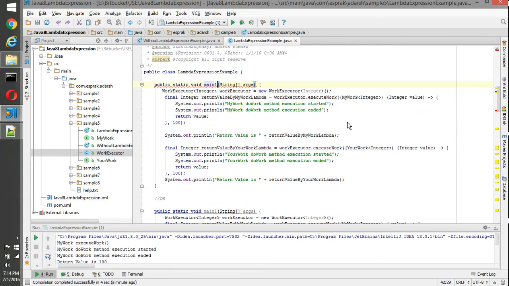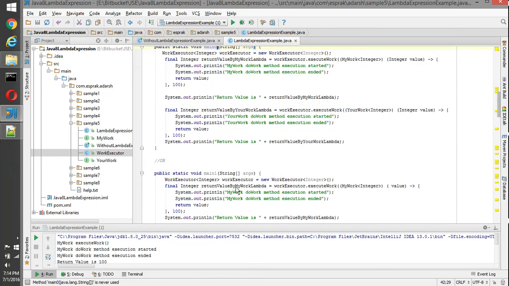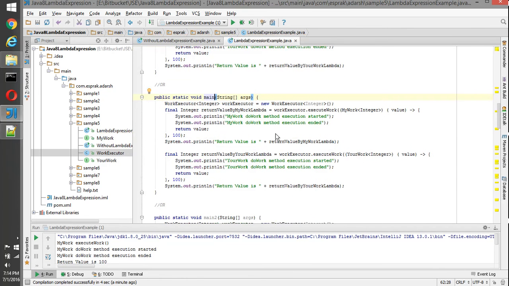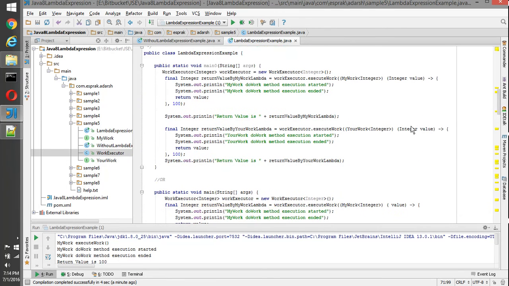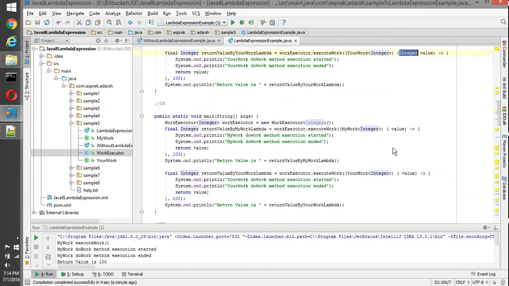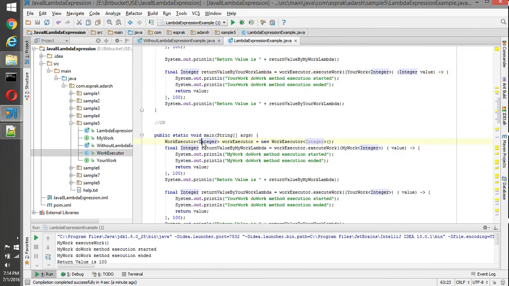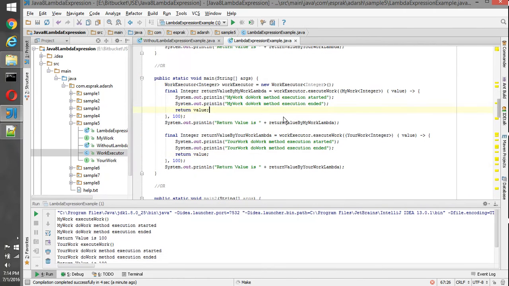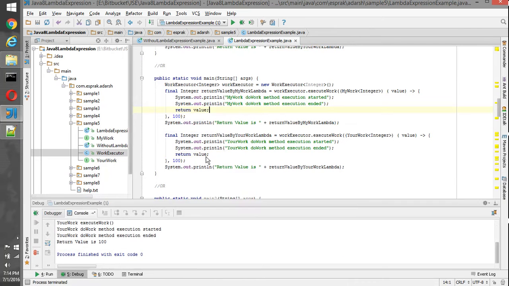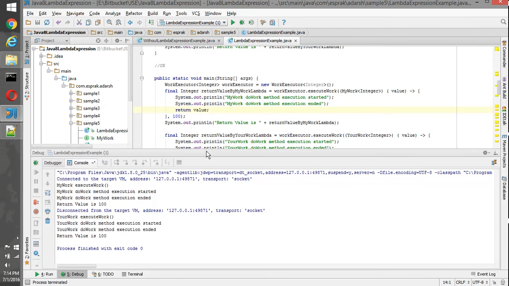We have another style also. Here we have almost the same implementation, but we have just removed the integer data type. That's the only difference here, because we have already bound it to the integer data type, and there's no difference in the output. Everything is going to be the same, so it becomes optional for us there. You can see the same output here.